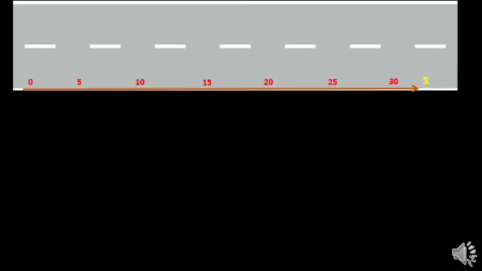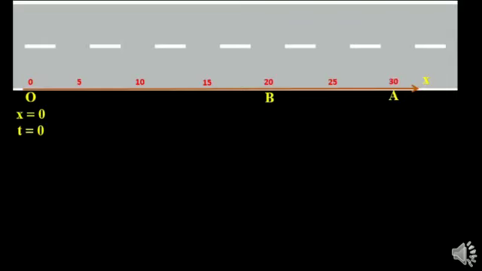Distance is the total path length covered between initial and final point. Displacement is the shortest distance between initial and final points. Let us consider a person is walking along a straight line. Take x-axis parallel to the straight line path. Fix origin at a point from where the person starts the motion, such that here x equals 0 and time t equals 0. Let A and B represent 2 points on this line.